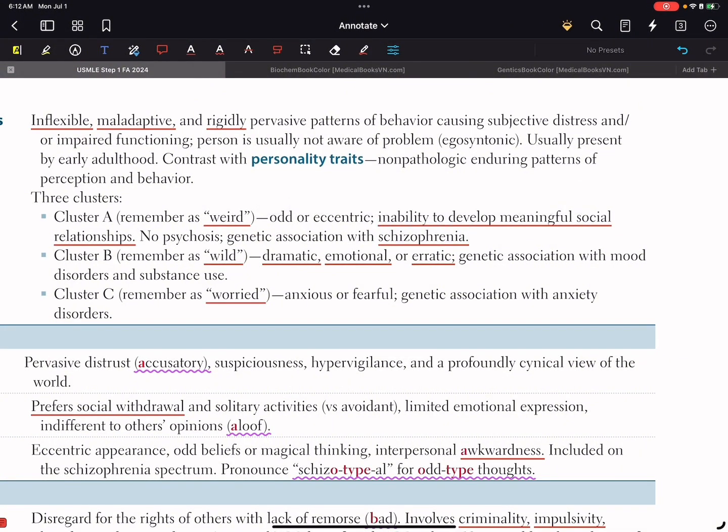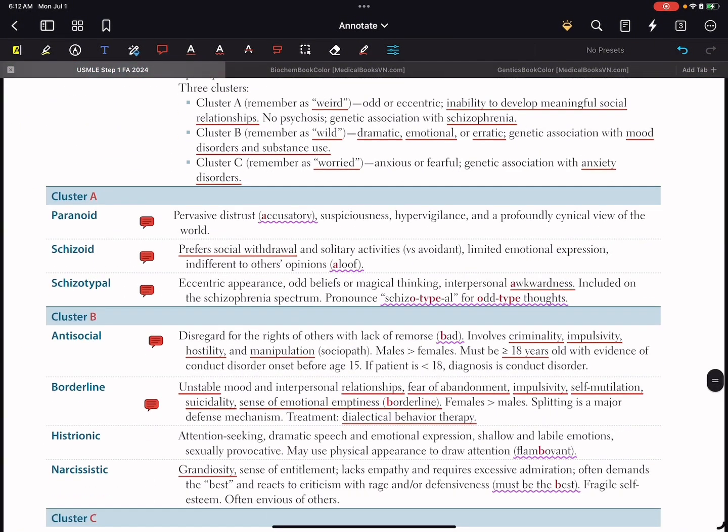Cluster B, wild: dramatic, emotional, erratic, genetic association with mood disorders and substance use. That's wild, substance and mood disorders. Okay. Cluster C: worried, anxious, fearful, genetic association with anxiety disorders. That's the worried ones. So cluster C, anxiety. Okay, cluster A, that's the weird one. Paranoid: pervasive distrust, accusatory, suspicious, hypervigilance, and a profoundly cynical view of the world. Schizoid prefers social